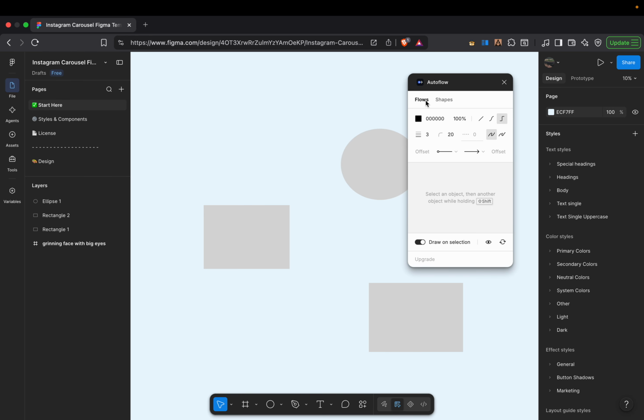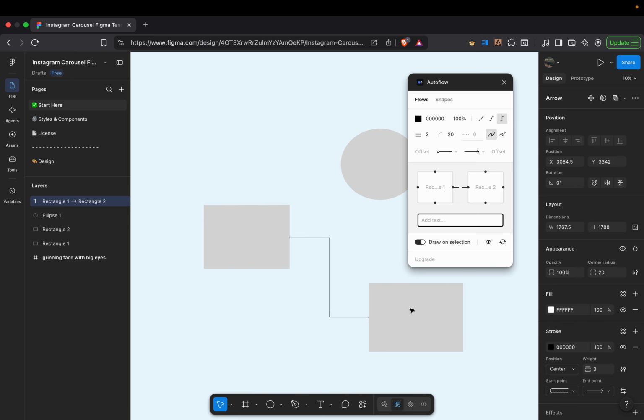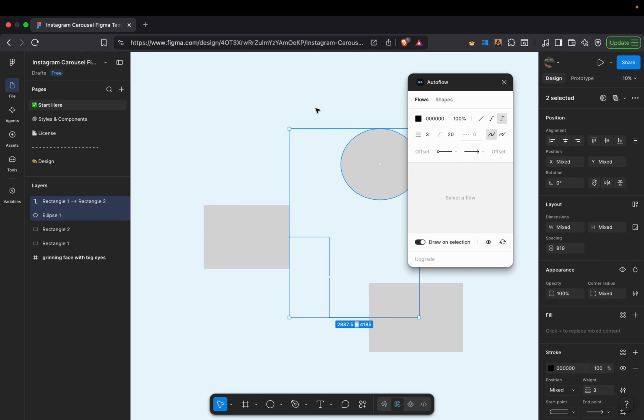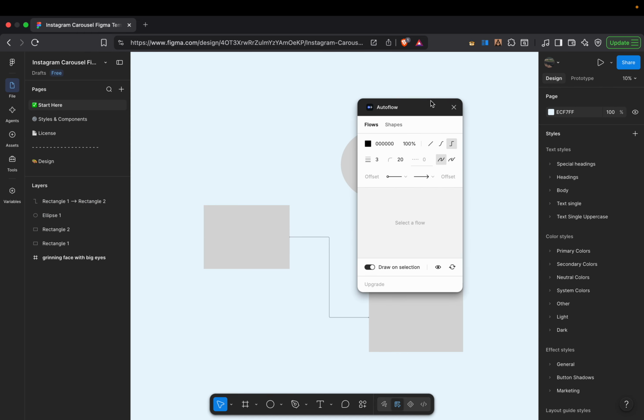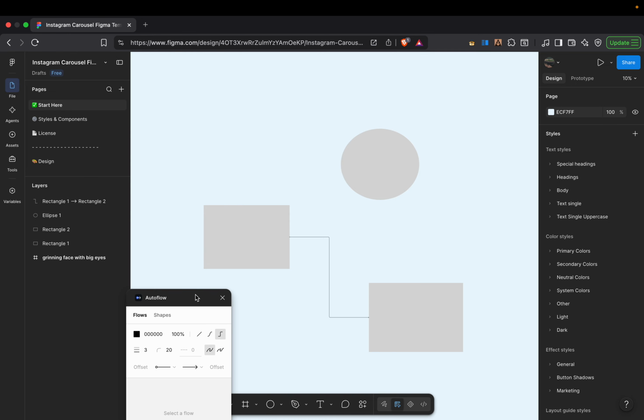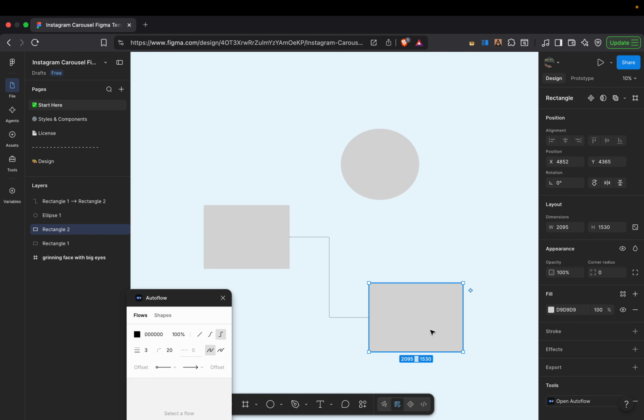Okay, now what you do, if you want to connect two images or particles like in your project, for this guys you simply first select the first one, then press shift and select the other one. Okay, now guys, here you see a flow is generated between my two devices. Okay, so this is the way that you connect.